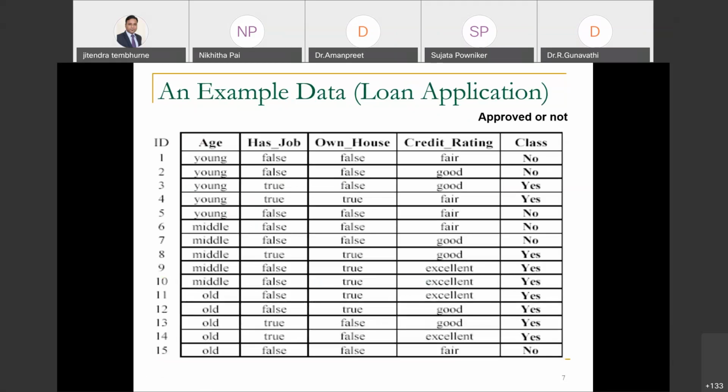Moving further, now we will see another example. In this example, you will get a better idea. People are applying for a loan at a particular bank. So now this is the data the bank has. The attributes of that particular data are age, has